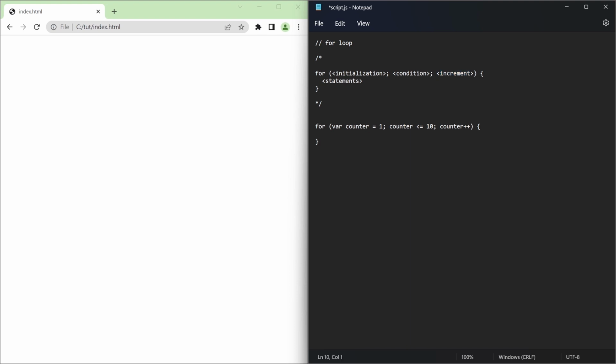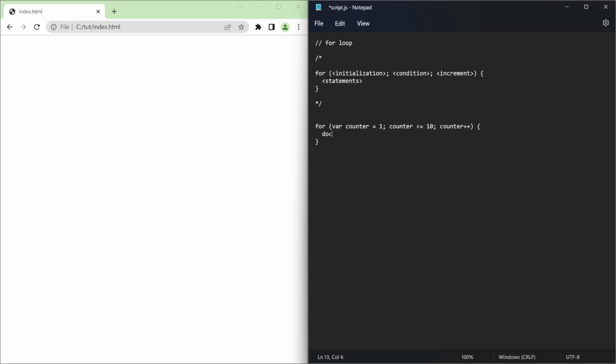Remember, it's the same with the other, which is counter equals counter plus 1. So I could have also used that here. It would still work. Alright, so the next thing is our statement, and our statements are just lines of code that you want to run, and we can use what we've been using before now,